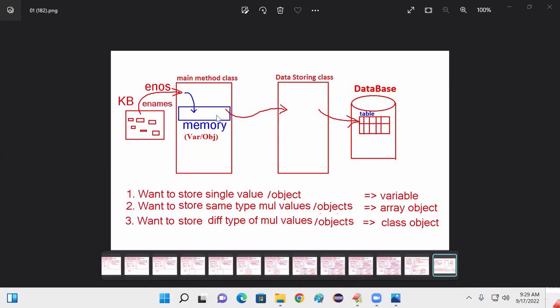Remember? What is the problem we found with these individual variables? The program becomes static in nature. Static nature means every time I should modify the code as and when I want to add new values to store. Similarly, if I want to store multiple objects of a class, from one class, I can create multiple